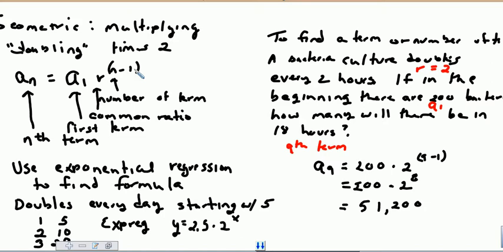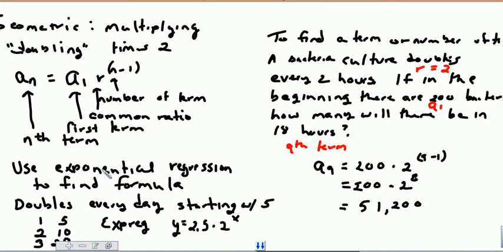A lot of this is just like in the previous formula. This is also on your formula sheet for the EOC. N is the number of the term you're dealing with. R is what's called the common ratio. It's what you're multiplying by every time. A sub 1 is the first term. A sub n is the nth term. Again, if you're looking for a formula, it's a whole lot easier to use your calculator than to use the formula.